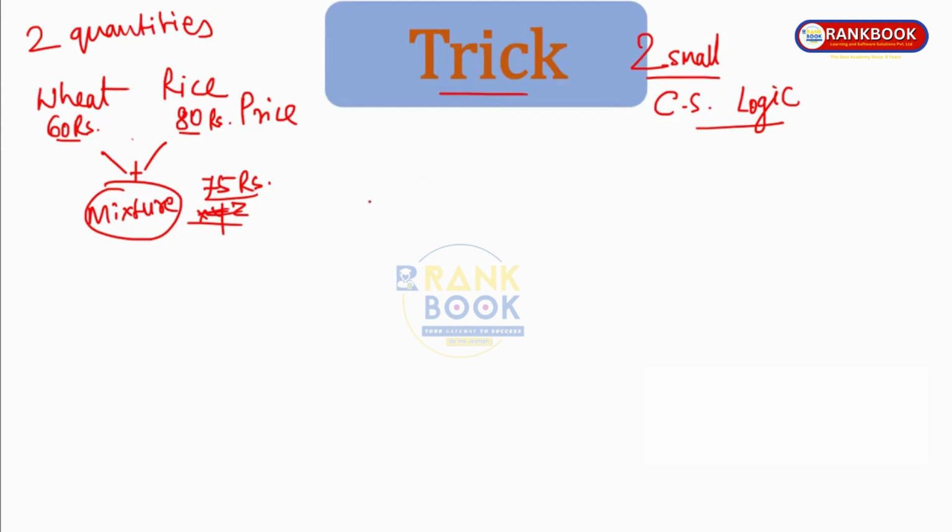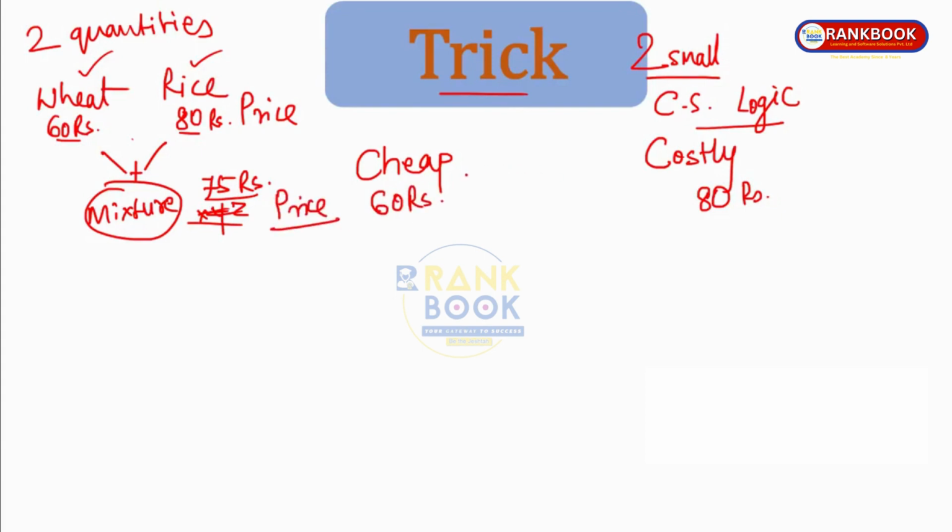See, now we have wheat and rice. Out of that, rice is costlier than wheat, because rice is 80 rupees and wheat is just 60 rupees. So we have a cheap quantity, and then we have a costly quantity. What is the costly quantity? Rice. What is its rate? 80 rupees per kg. What is the rate of wheat? 60 rupees per kg. This is nothing but the price. This is the cheap one, this is the costly one. Now, obviously, whenever we mix these, the price of the mixture would be in between 60 and 80. So at the center, here I'll write the average price of the mixture. When we mix these two quantities, what would the average price be? They've given the price of the mixture as 75 rupees.